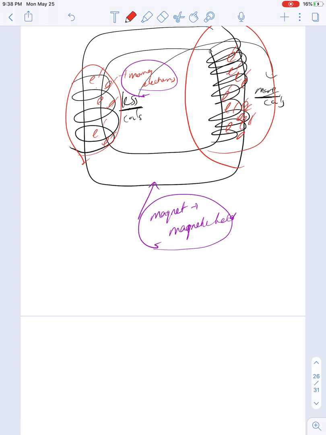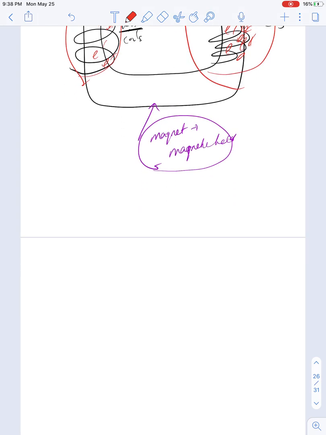Now there are some calculations that you have to do with transformers. They're super easy. So there's N P over